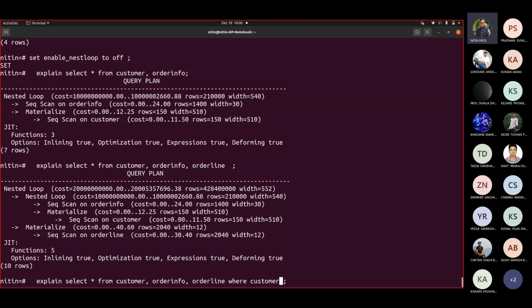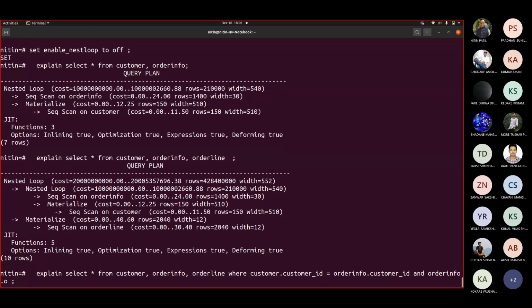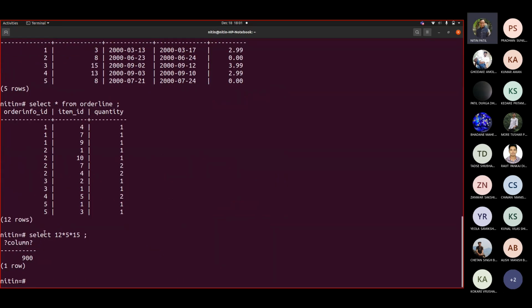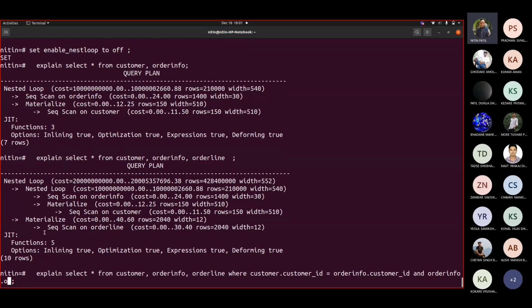So customer.customer_id equal to order_info.customer_id and order_info.order_info_id equal to order_line.order_info_id.